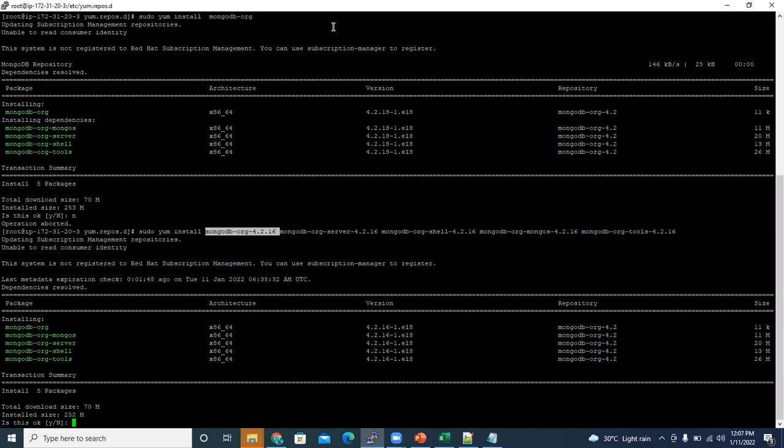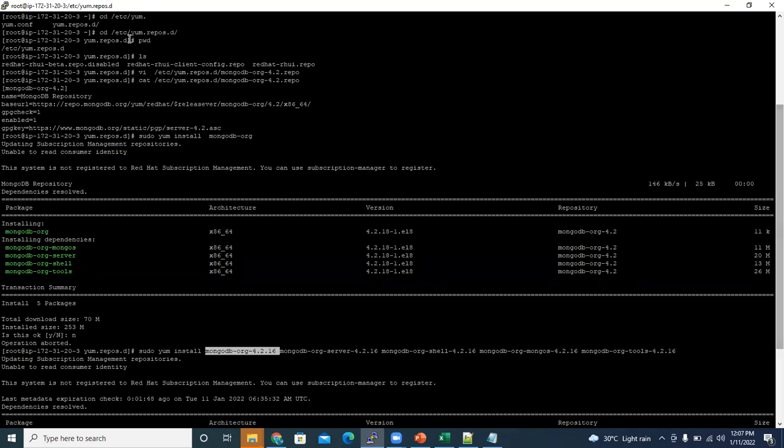In the earlier case, I didn't mention any package version. I just fired yum install mongodb-org. So it will go to the repository, to this URL for 4.2 and the 64-bit architecture, and check the latest available version, 4.2.18.